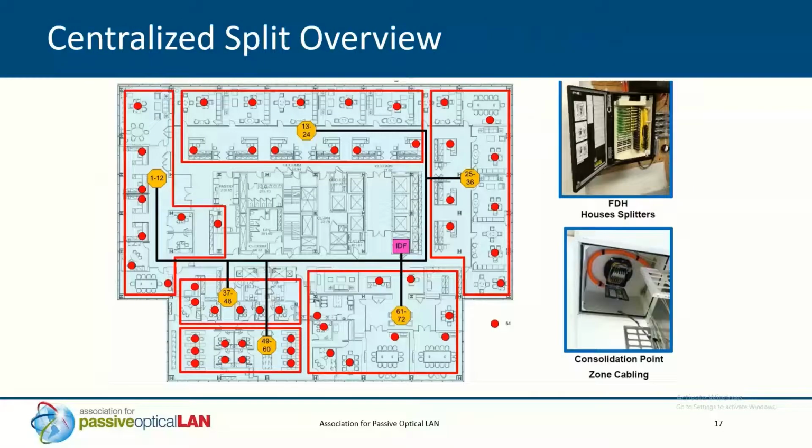Next slide, please. So we're going to talk about 3 different types of splits, and the first one here is what we call the centralized split. So I have one location. My one location here is the IDF, the intermediate distribution frame. So this is where, let's say, the riser comes into a particular floor and then goes horizontal. Since I only have one location for my splitters, I have to have several cables going out, several fibers going out to different areas, and these areas are called consolidation points, as you see on the right on the bottom there.